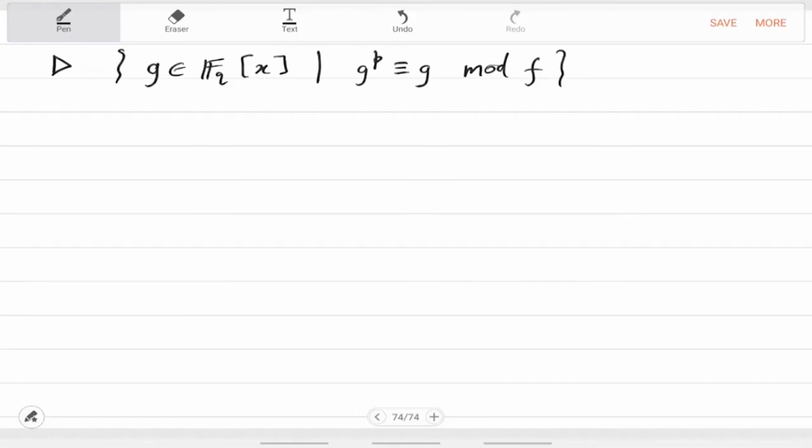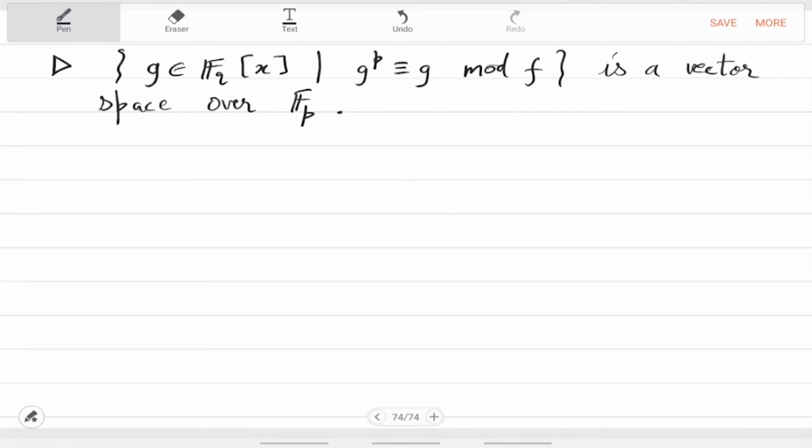Is it a vector space? Over what? Over which field is this a vector space? Yes, so it is not FQ, it's FP. So over this base field, this solution set is actually a vector space, because if you take,